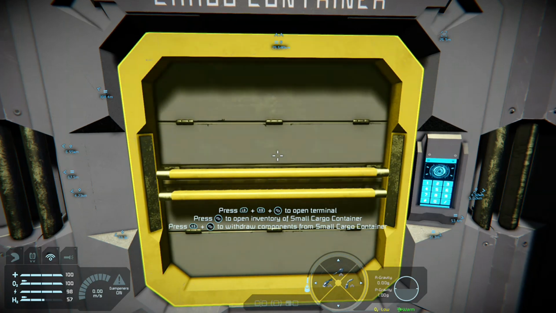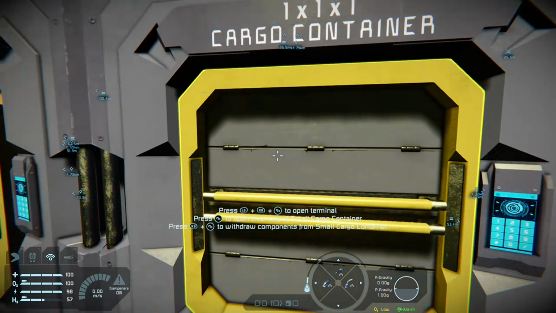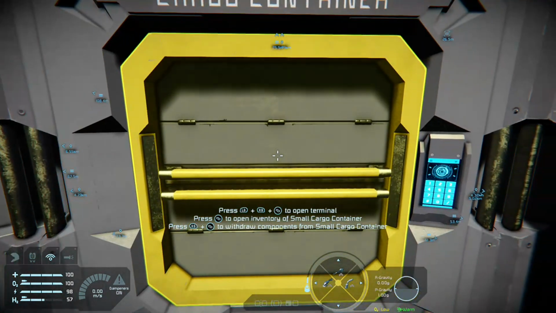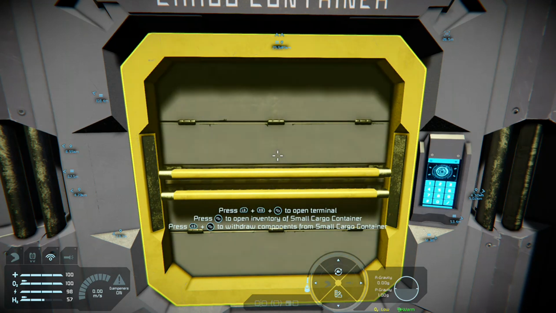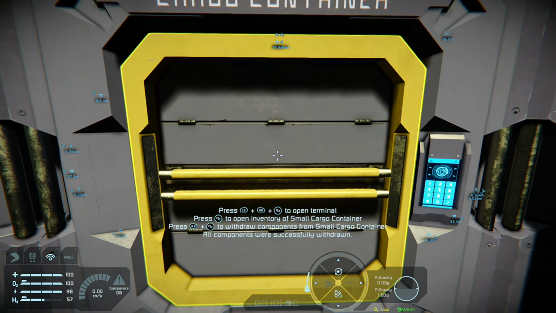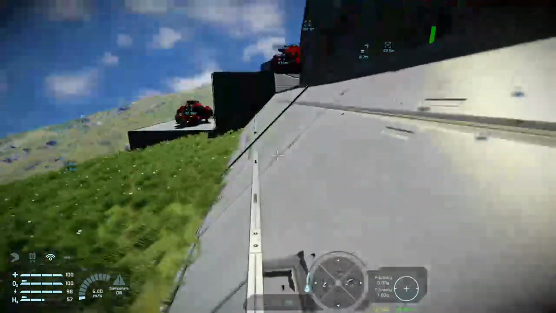Don't know if you can hear this, but it is chuckling along and quite happily making everything I need. So now if I hold down the right bumper when it's finished and press the inventory button, all components were successfully withdrawn.